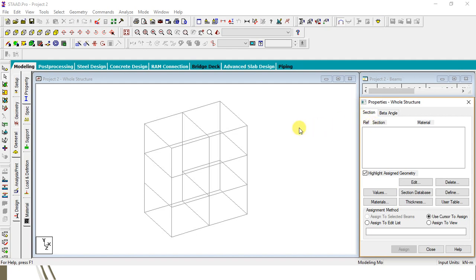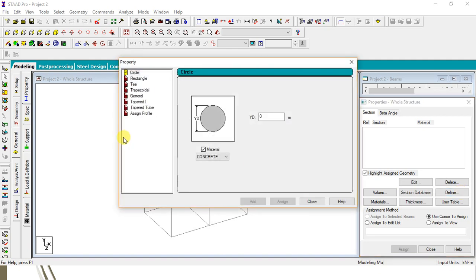So firstly, if I want to assign the geometry as a rectangular cross section to any particular beam with a specific size, then first of all I have to define the size. So go in the define. Here different cross section shapes are available: circular, rectangular, T shape, trapezoidal shape, then general, tapered I, tapered tube and assign profile.